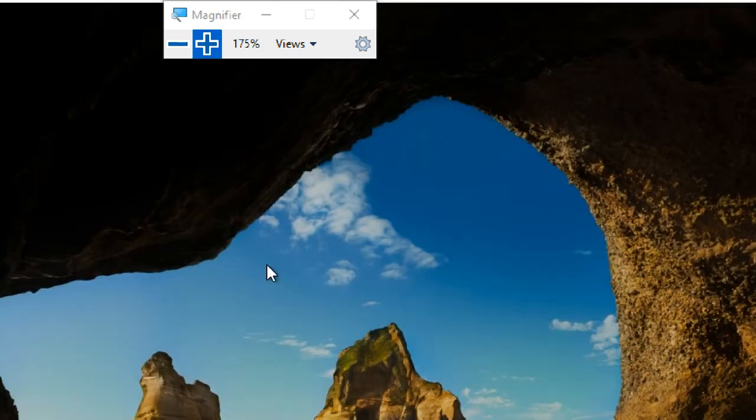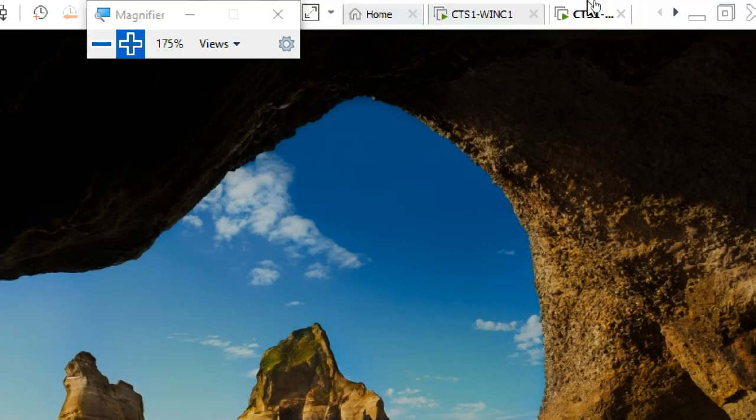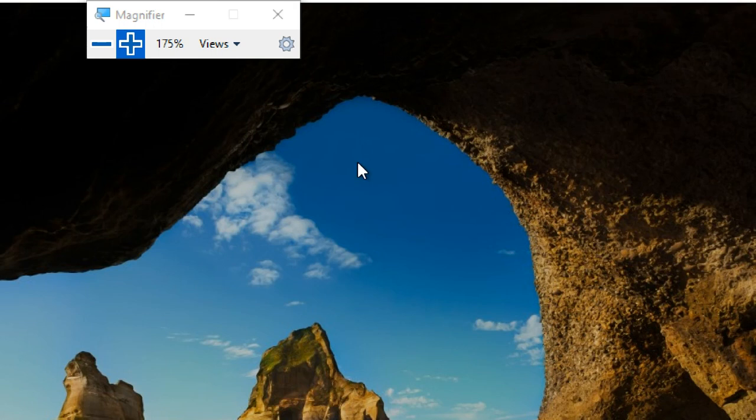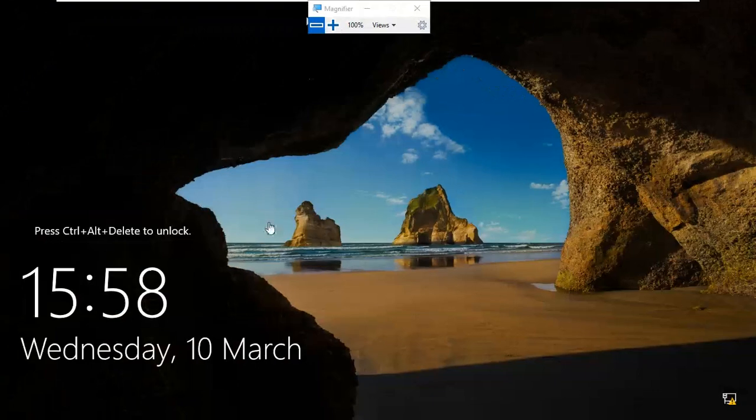Next, I came to the server. If you see, it is a server. Now it is asking Alt Control Delete to unlock. But how to unlock it?